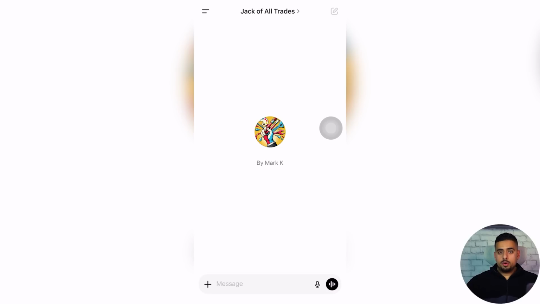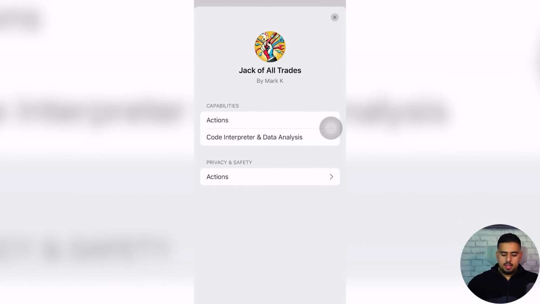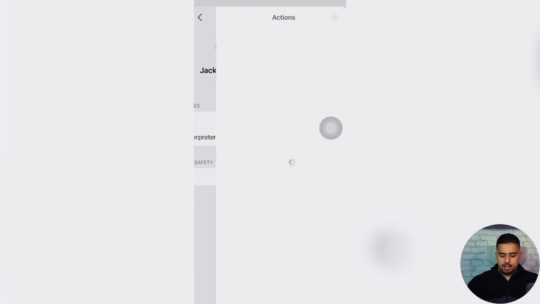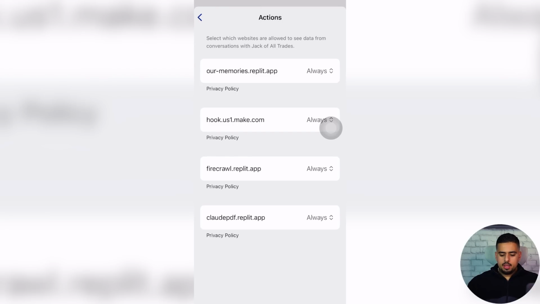So what you want to do on a phone, and I'm going to screen record right now, and then I'll have my editing team put it on screen side by side, is you want to click on Jack of all trades in this case, and then click on See Details, and then you want to go to Privacy and Safety, click on Actions, and then you can see here they've all been set to always from my desktop. So basically the mobile has inherited the desktop,